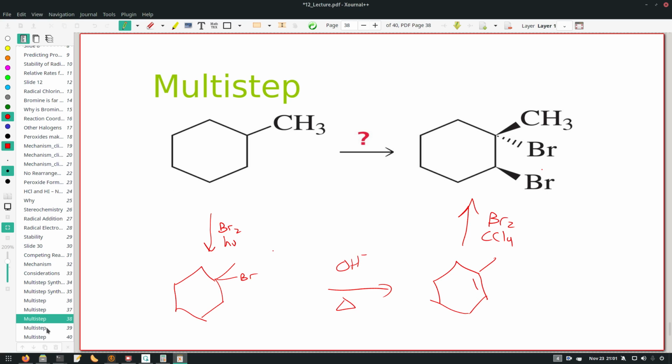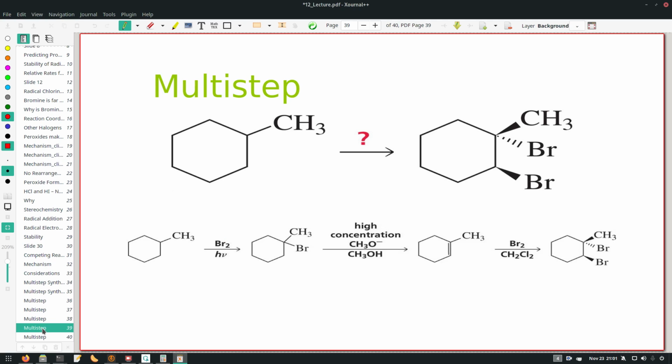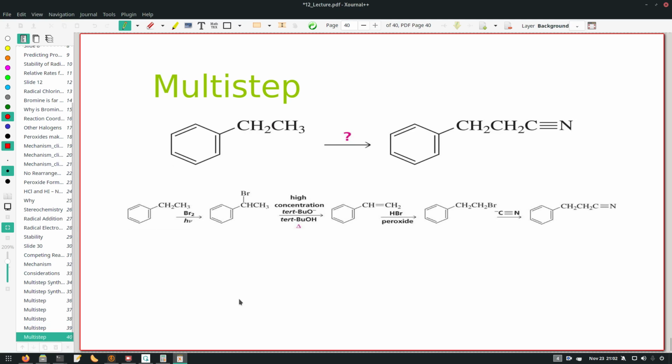And let's see. What did we do in the book? Alright, there's our bromine. And they used slightly different base, OCH3. It's not bulky, so it's going to guarantee we get that there. And then there's our bromine, and they used methylene chloride, but it does the same thing, or something similar. All right, and our last one. Oh, answers are already up there. All right, well,